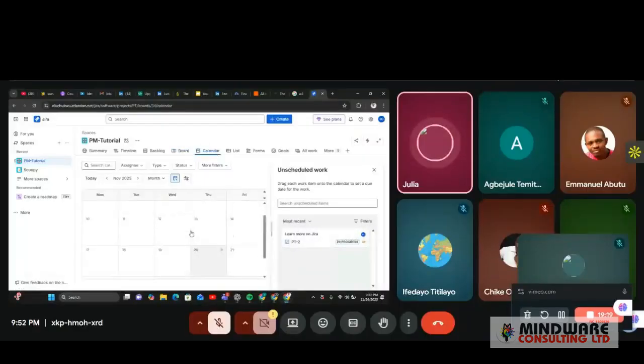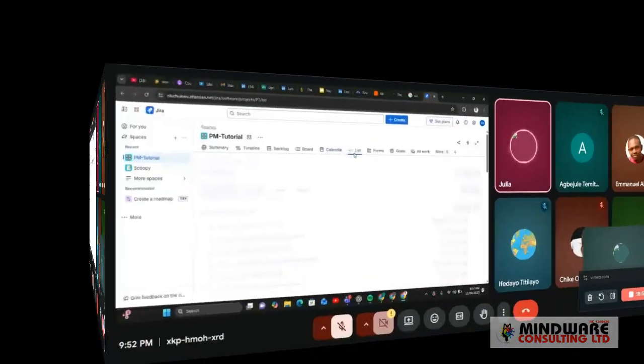If you have other sprints that you have lined up, you can come to your calendar and check, okay, the sprint is supposed to end today, start the sprint, and all that. That is what calendar is, we all know what calendar is. Now